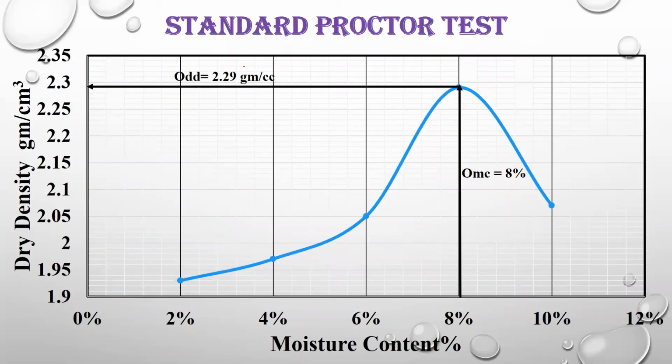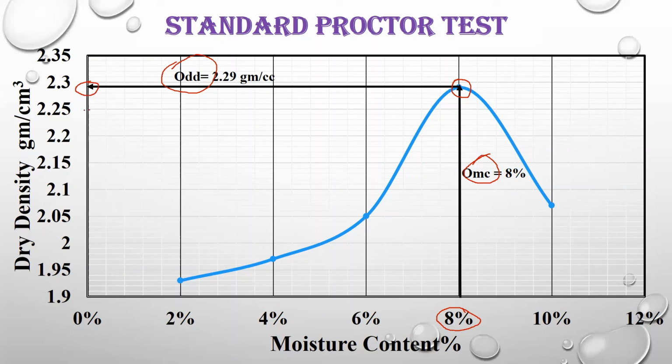So I am moving towards the standard Proctor test graph, and I have already told you how you can make this graph. So now we will get the optimum moisture content from this graph and the optimum dry density as well. So at moisture content, we are moving from 0%, 2%, 4%, 6%, 8%, 10%, 12%. Where the maximum value comes, we have to draw the line from here and line here. And then we will see what optimum dry density is coming out here and what is the optimum moisture content.